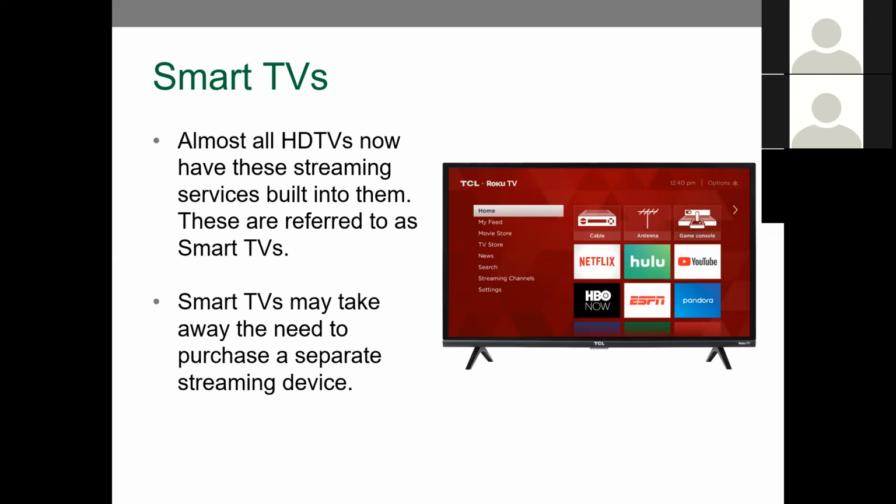And smart TVs probably will take away the need to even buy a Roku, because with TCL specifically, the interface they use is Roku. It's built right in. You don't even need to buy a separate one. Apple TV is built into a few things. I don't believe Fire TV is built into anything, but similar interfaces to Fire TV and Amazon Prime things available through a Fire TV stick are normally built in to a lot of TVs now. It's almost impossible to even get a TV that's not a smart TV now.